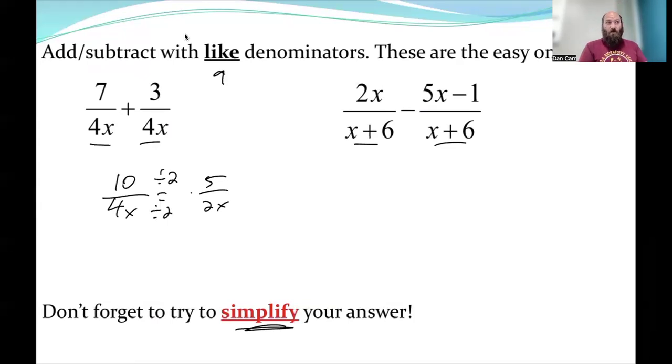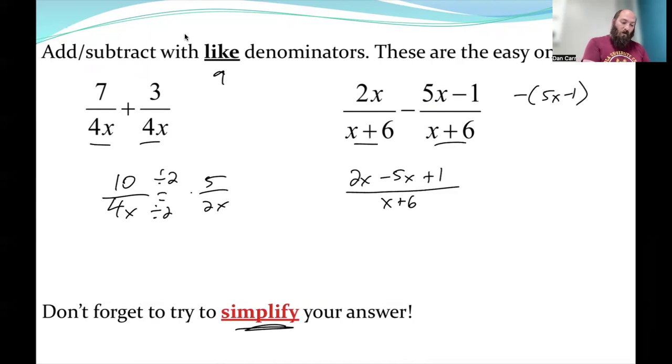my second fraction, which means I'm subtracting the entire numerator, which means it looks like this. I am subtracting 5x minus 1. So what's going to happen here is 2x is going to be subtracted by 5x and then added by 1. And the whole thing is over x plus 6. Okay, so I'm basically doing this distribution with a negative sign like that. So now if I put it all together, I got 2x minus 5x is a negative 3x plus 1 over